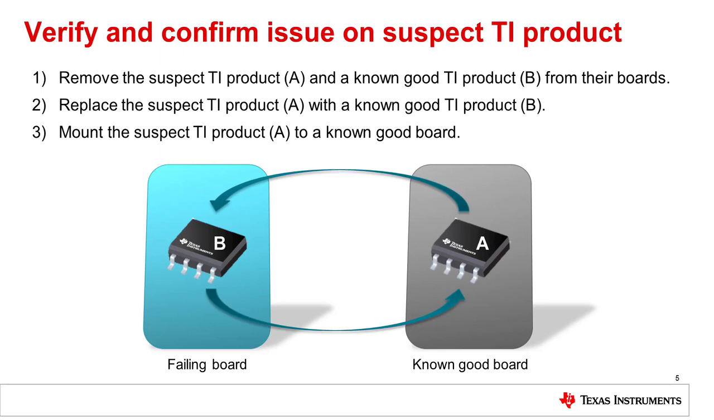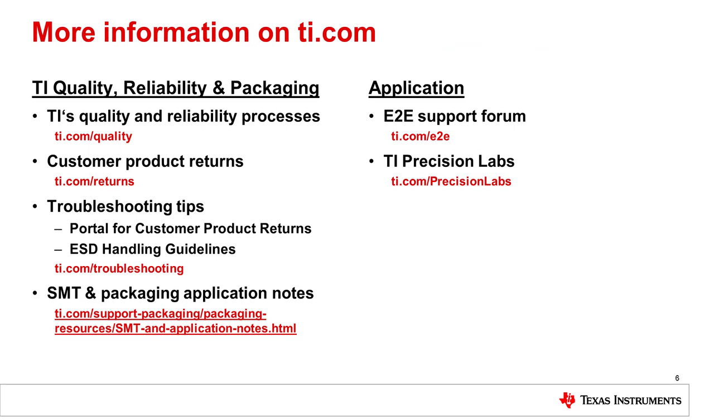The last step is critical to exclude the possibility that the issue is caused by an interaction with another component on the board, or that the issue is related to a cold solder joint, flux contamination, or any other printed circuit board assembly anomaly. Now that we covered this part of TI's guidelines for returns, it is important to mention